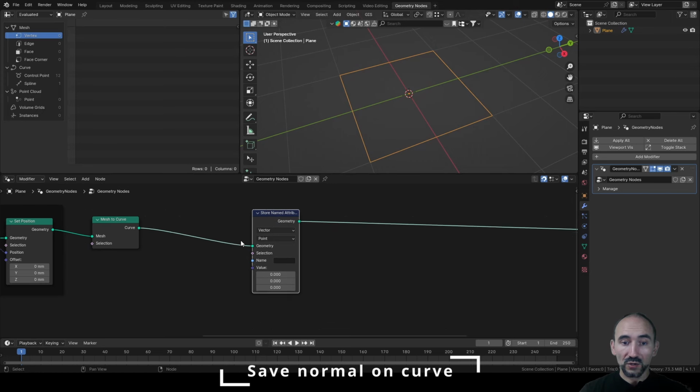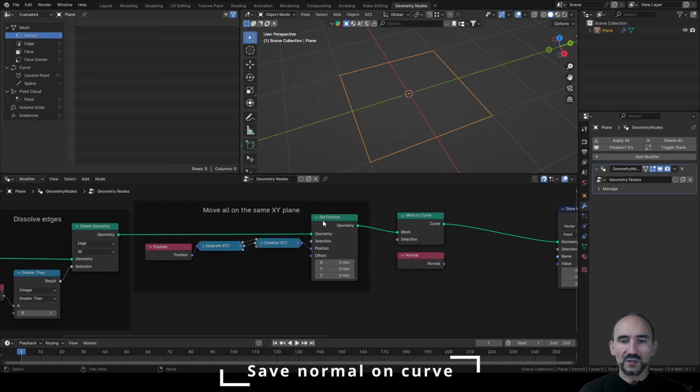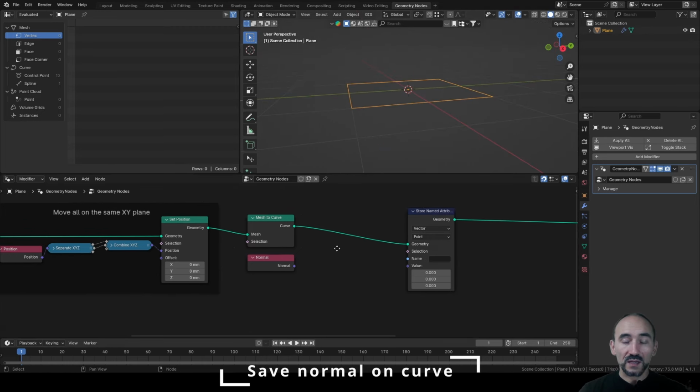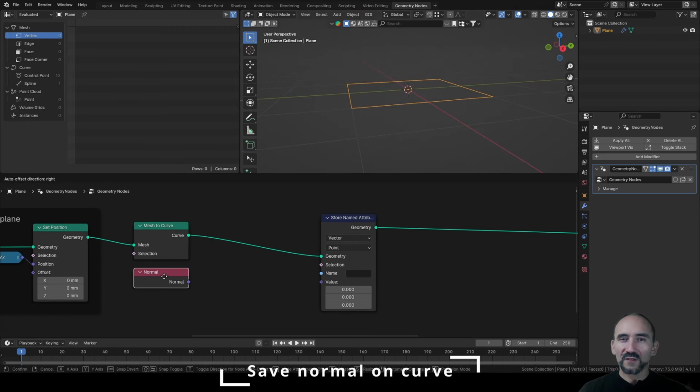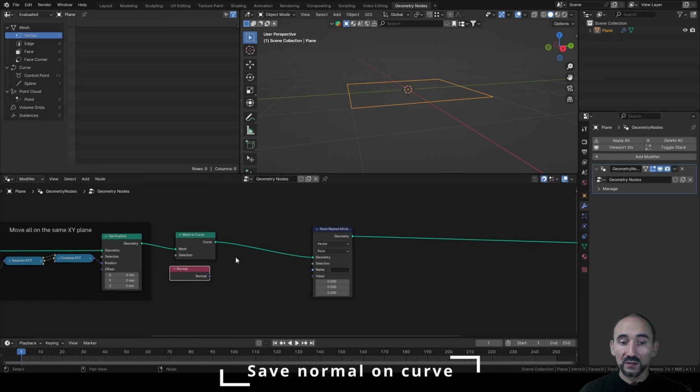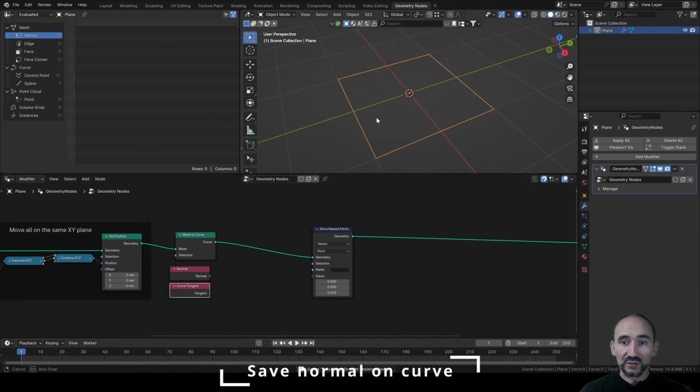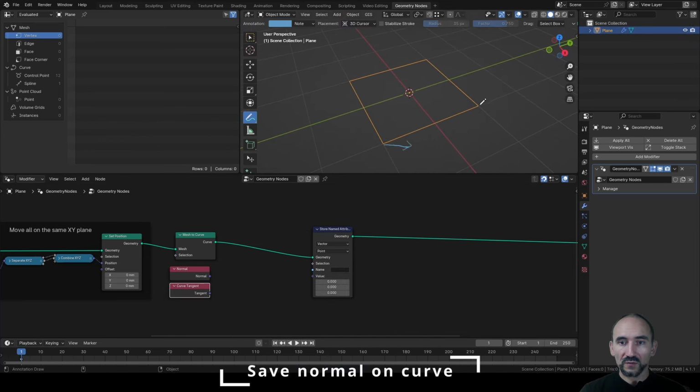The vector of the normal information. But keep in mind, we could have a wrong normal in this plane because we moved the vertices from a different location of the Z, etc. So to be able to have the correct normal on this plane, I suggest you not use the normal, but use the tangent information that we are sure to have in the correct direction for all the